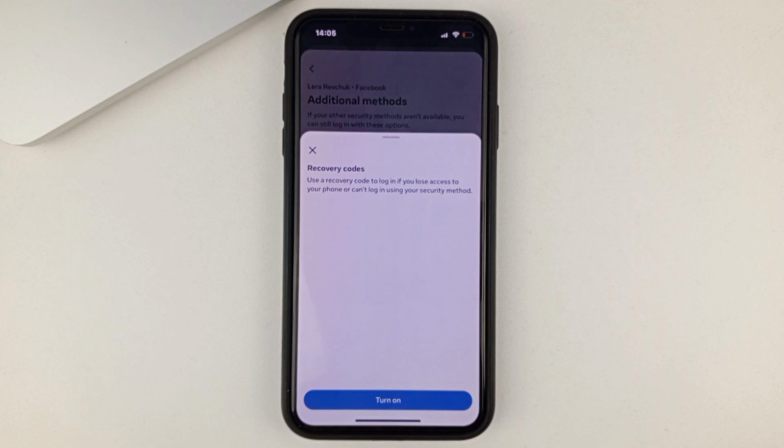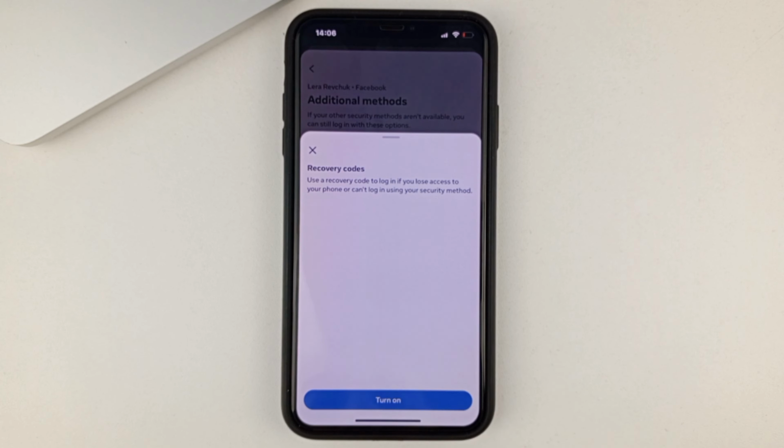But I should warn you, and you'll be warned about this by Facebook, I think, that if you turn off two-factor authentication, you don't have an extra layer of protection, which probably increases the risk of your page being hacked or something. Before you disable two-factor authentication, read the terms and conditions well so you can make the decision that's right for you.